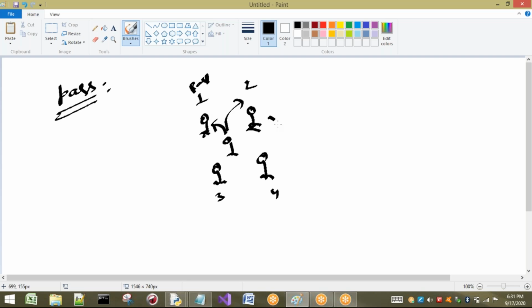Next, if he doesn't know, he is going to tell pass. That means if you are not having the answer, you are telling pass. In the same way, if you are not going to have anything to write, then I am going to use the pass statement.